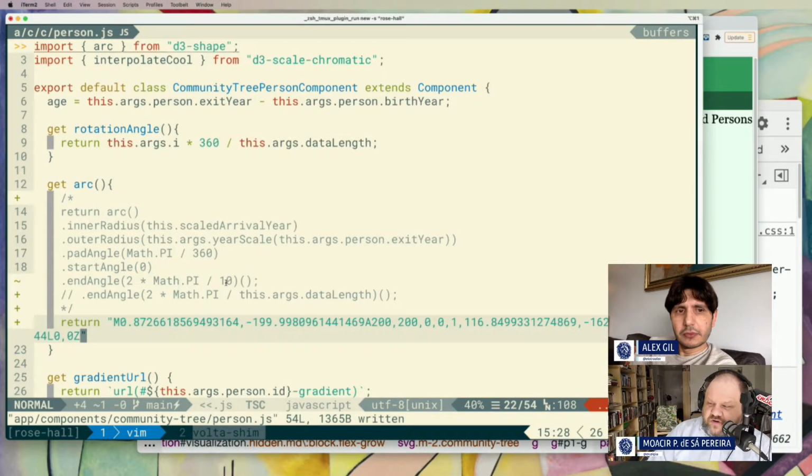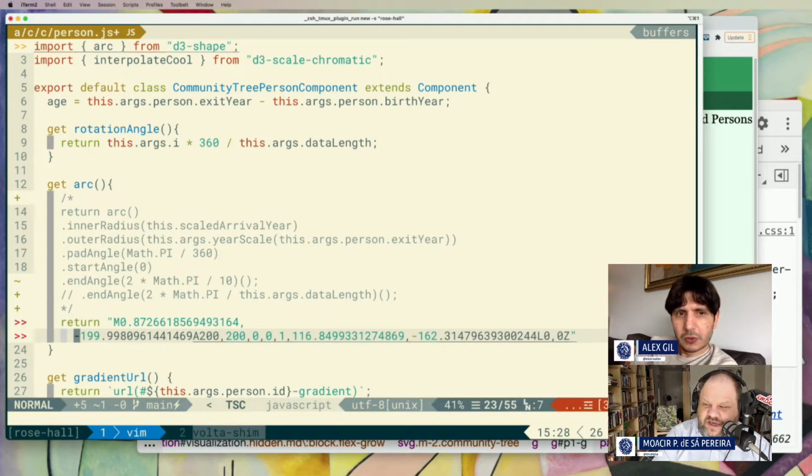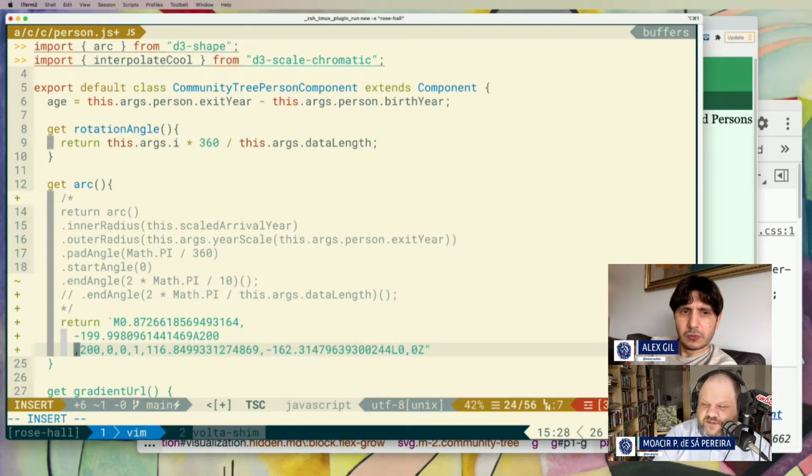All right, so my goal here is to understand what is called the path mini language. I don't actually know what it's called, but in the tutorial that finally made me understand what this was all about, it was called the path mini language. Well, let's go to the documentation. Oh, dude, we're gonna do that. Don't worry.